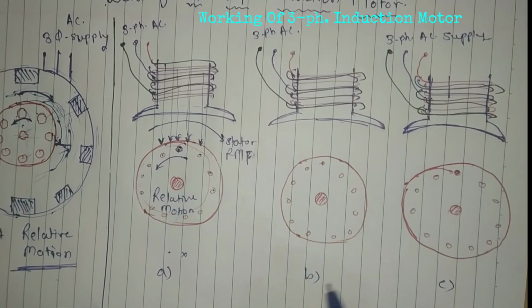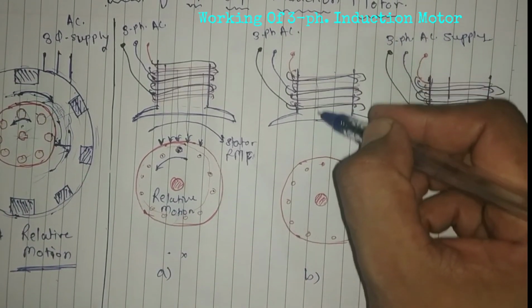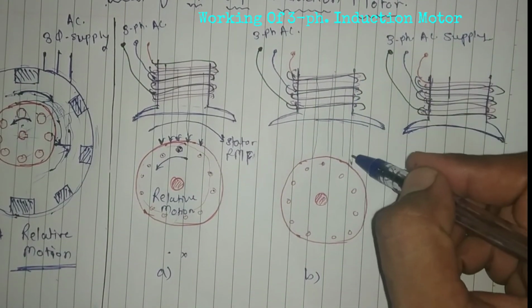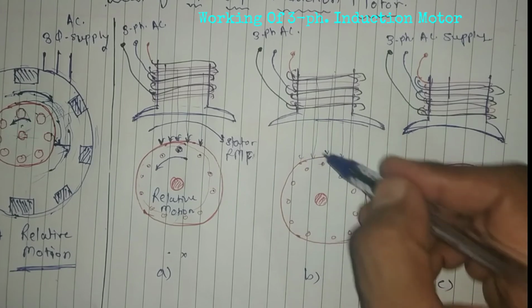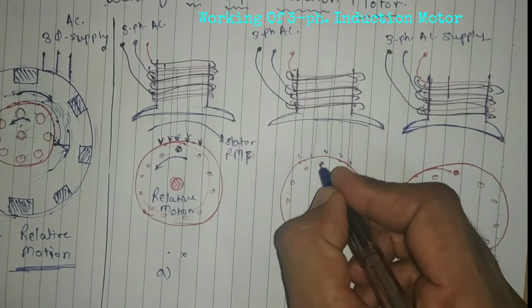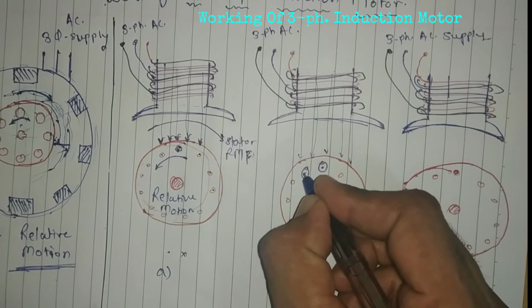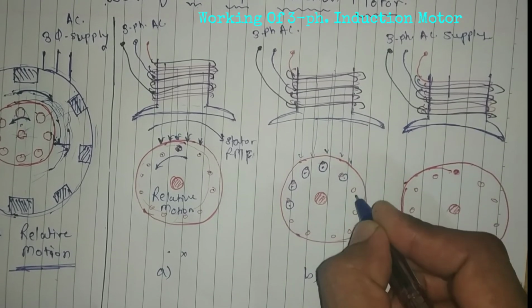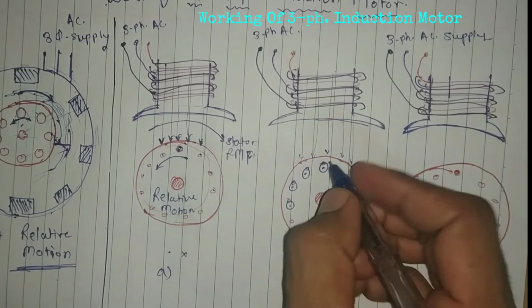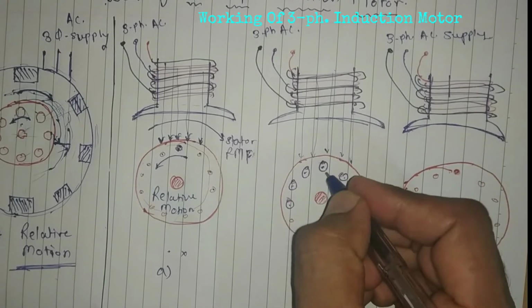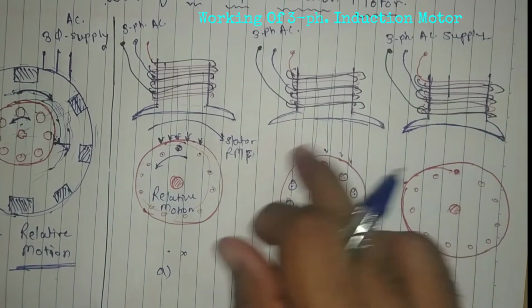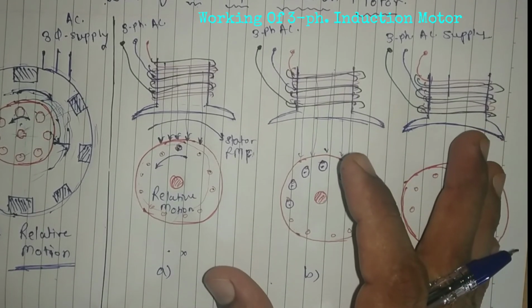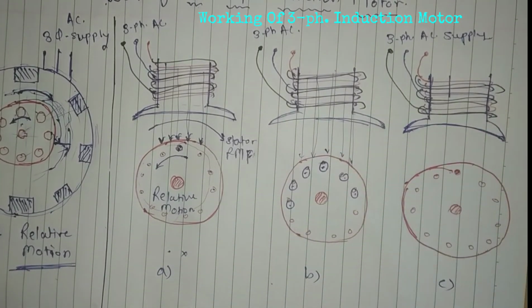Same, you have to just explain here, you have to just show it here. There are magnetic lines of force, you can say fluxes, which are rotating in nature, right? And here you have to show a dot, okay, dot. Now, why is there a current present? Because your rotor is a closed circuit. When there is an EMF present in a closed circuit, your current will start flowing through the circuit.